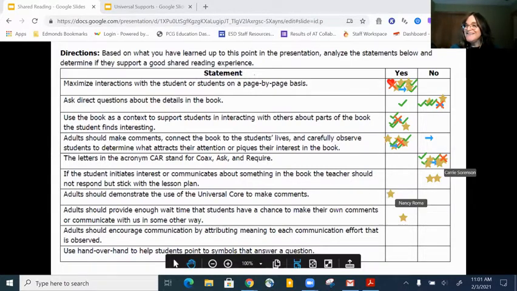Comment, ask, respond. Yep, comment, ask, respond. Perfect. Okay, if the student indicates an interest or communicates about something in the book, the teacher should not respond, but stick to the lesson plan. Got lots of no's there, perfect.